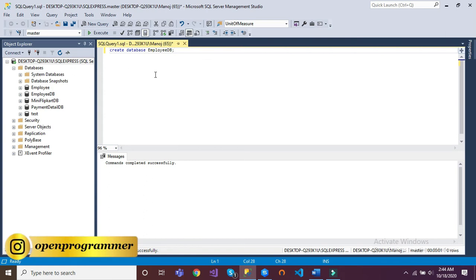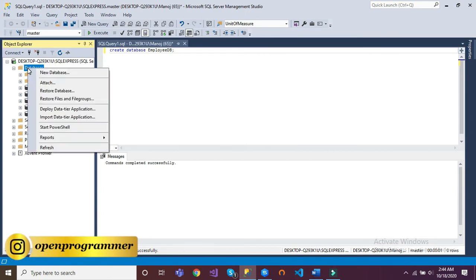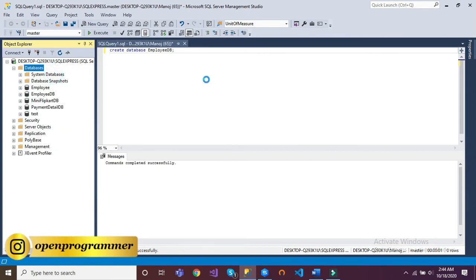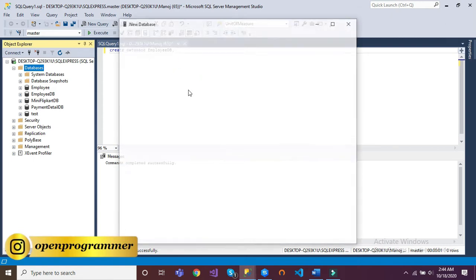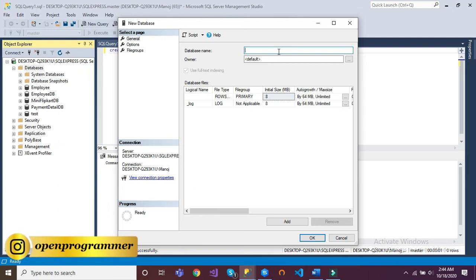If you want to create it through the wizard, that is the second way. Let me right-click on Databases, New Database. It will open the wizard. Here we need to give the database name, for example, test DB. Click on OK.